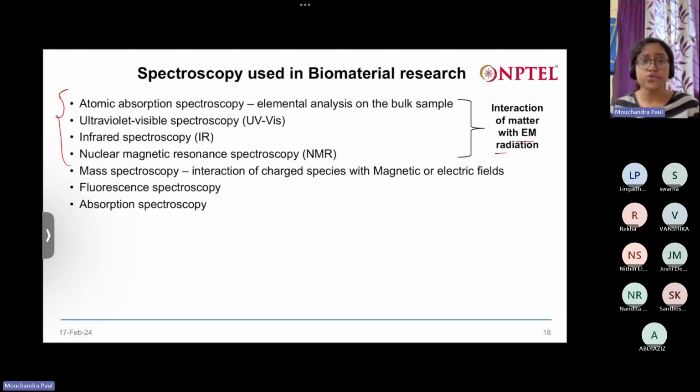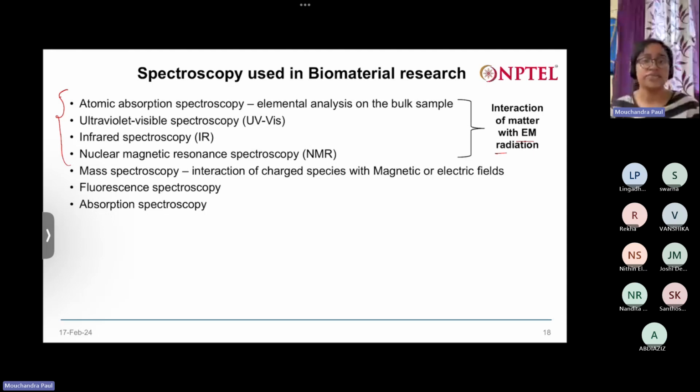Then there is UV-visible spectroscopy, IR spectroscopy, and NMR, or nuclear magnetic resonance spectroscopy. In all of these techniques, we irradiate our sample with EM radiation of a particular wavelength, and then we understand how the sample has absorbed or emitted the light,